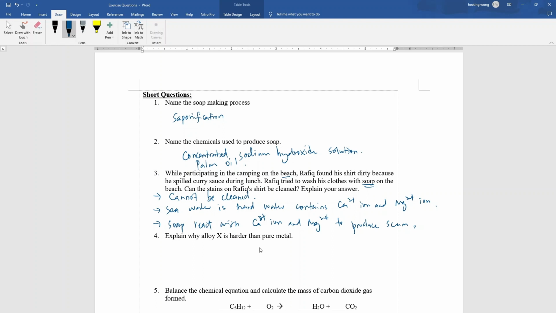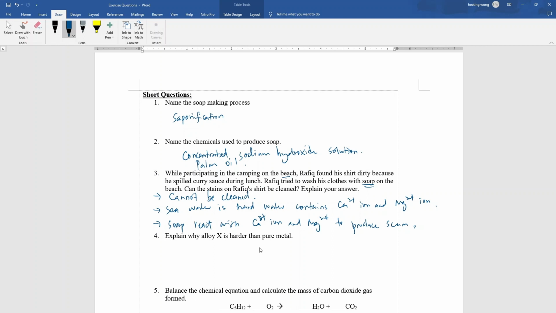Point number 1, you need to mention the different atomic size of, let's say, alloy. The size of the atoms in alloy